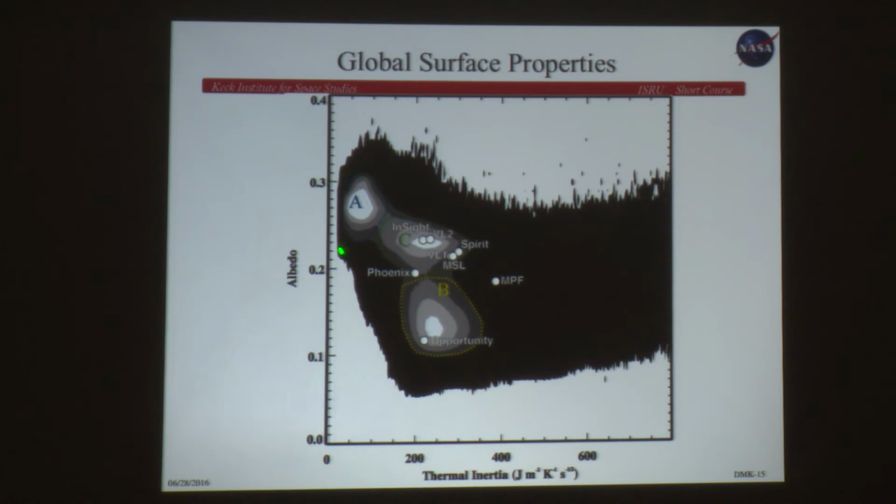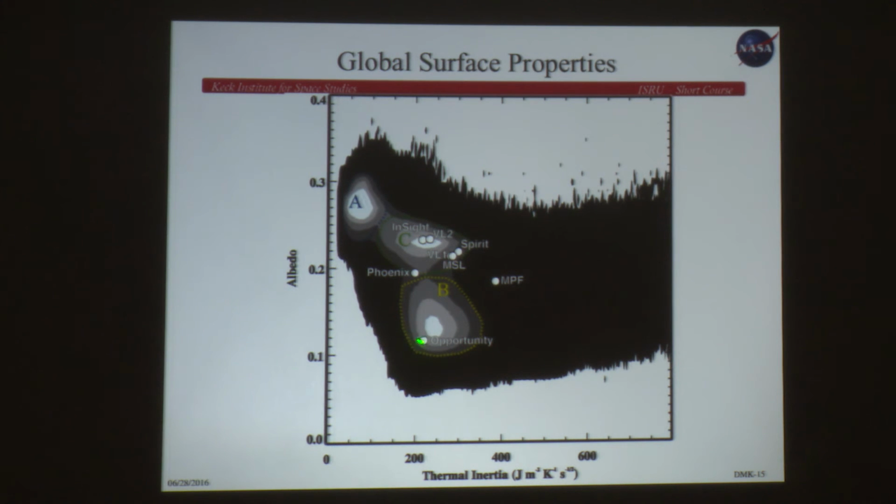Mars A is very bright and very low thermal inertia, i.e. extremely dusty. We've never gone there or even close to them. This is the type of terrain that we really are afraid to land in. We don't know if we will sit on it and sink or what exactly will happen there. So we've never gone even close to that. B here is a terrain that is fairly dark and somewhat rocky, or not rocky depending on a particular location.